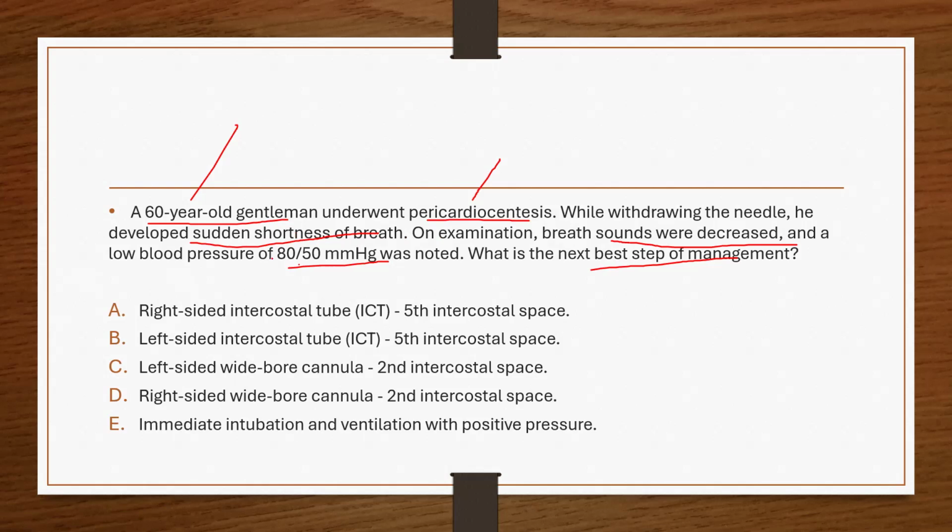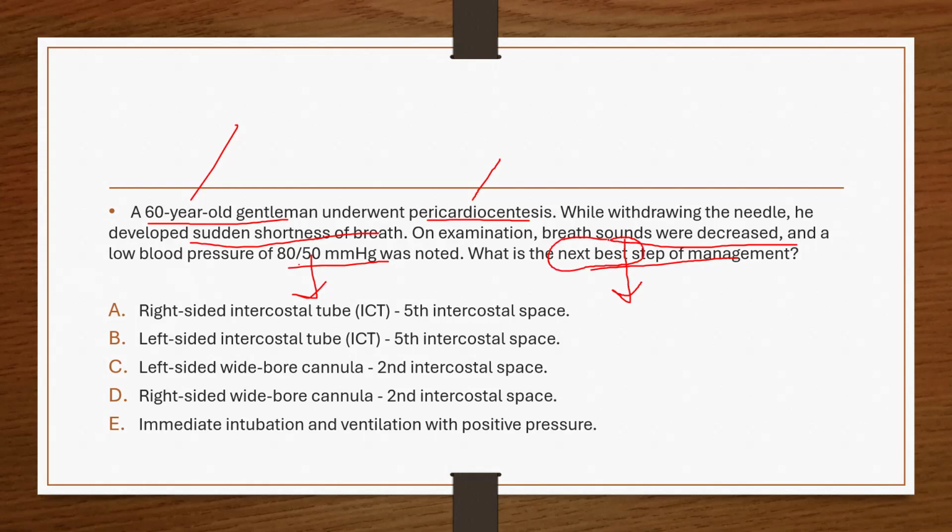This is not just a pneumothorax, this is a tension pneumothorax. Why do I say so? Because see, there's a hemodynamic imbalance. Blood pressure is 80/50. Decreased breath sounds will be there anyway. So this is a case of tension pneumothorax and it is a life-threatening emergency. I hope all of you know in trauma we learn ABCDE, airway breathing circulation, and out of the life-threatening injuries, tension pneumothorax is one. So you have to immediately attend to this patient and sort it out. So the life-saving immediate next best ideal step here should be